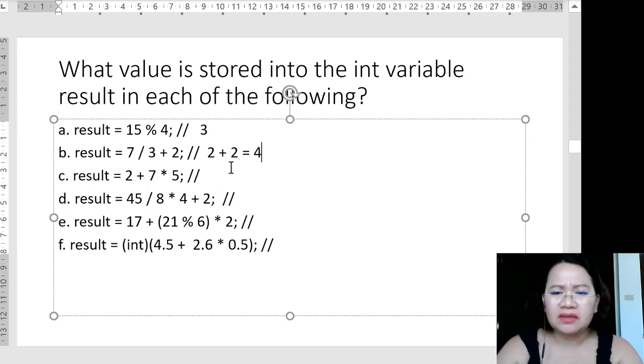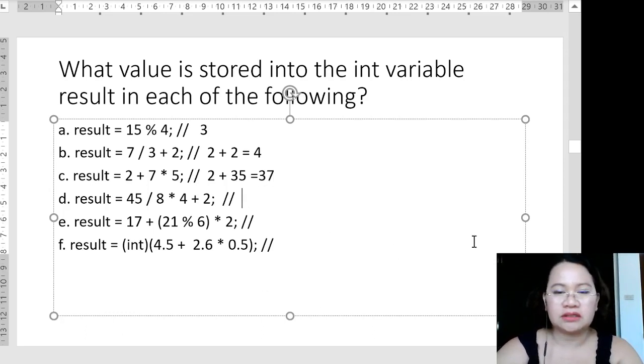Next, in the next expression, this is 2 plus 7 times 5. Now again, multiplication has higher precedence over the addition. Although the plus is written first before the multiplication, based on the precedence rule, we have to do multiplication first. So you multiply 7 and 5, that's 35. Then we add that. So 2 plus 35 will give you